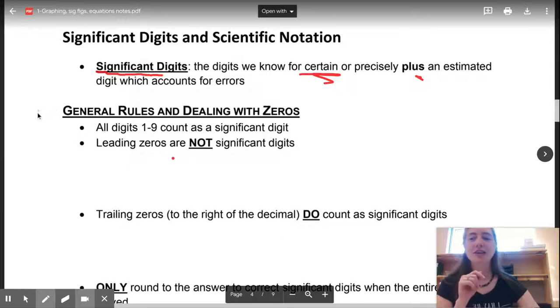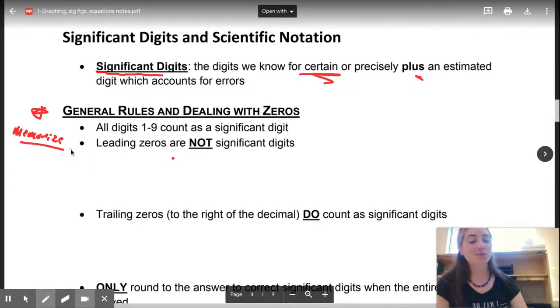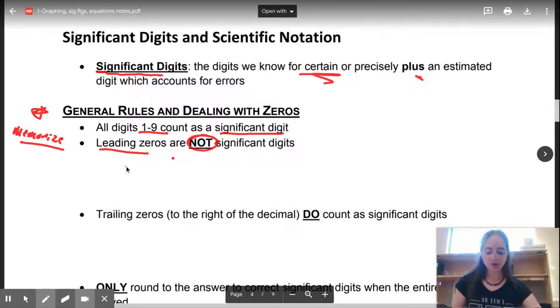Okay. So, ladies and gentlemen, I'm going to put a star here, and I'm going to write memorize. You got to memorize these rules. I'm sorry. There's no way around it. So, all digits 1 to 9 count as significant digits. All right? So, if it's 1 to 9, significant. Leading zeros are not significant. So, for example, if you have